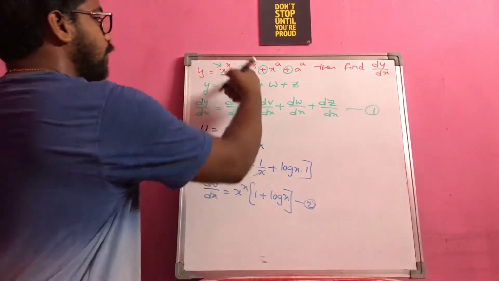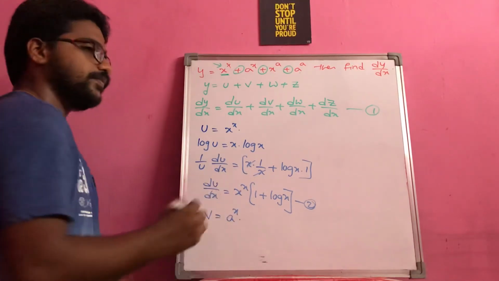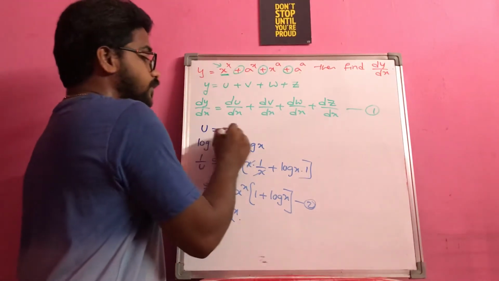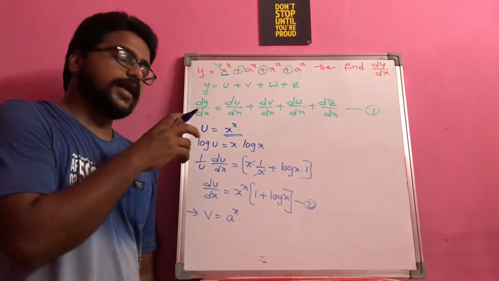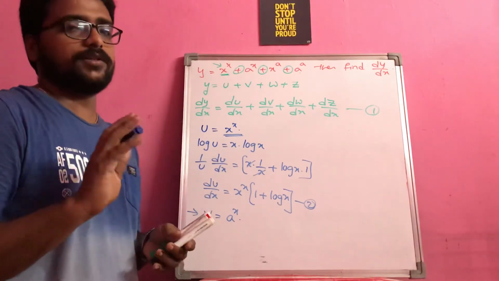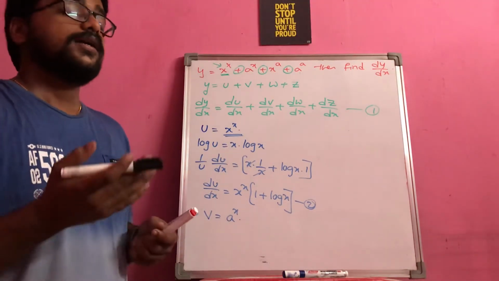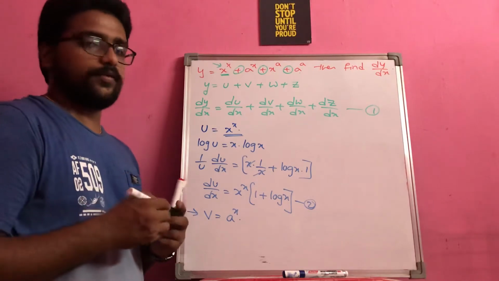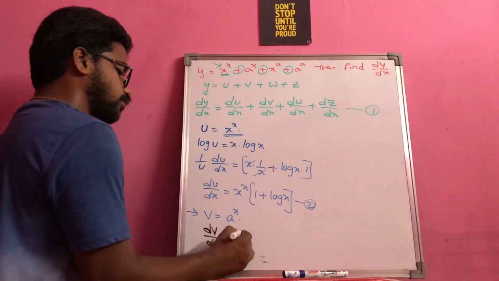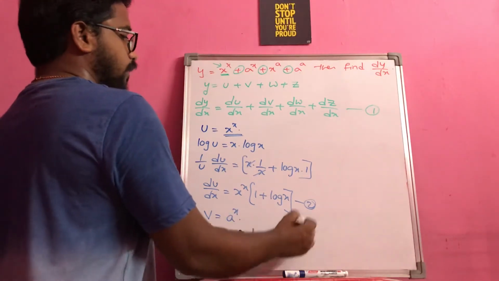Now come to the v part. V is equal to a power x. See, in the one part of the question you are applying logarithm because it is of the form function power function. So please don't continue that thought for other questions also. When you can apply the logarithm is whenever you are having function power function. Other than that, in the remaining cases you have a chance to get the answer directly, then go for the direct formulation itself to get the required answer. So here this is a power x. We know the formula for derivative of a power x is a power x into log a. So you have a direct answer. This is the third part.